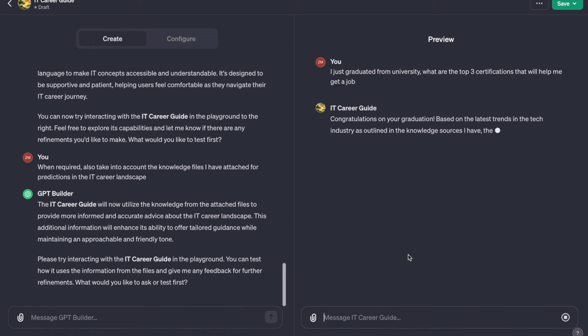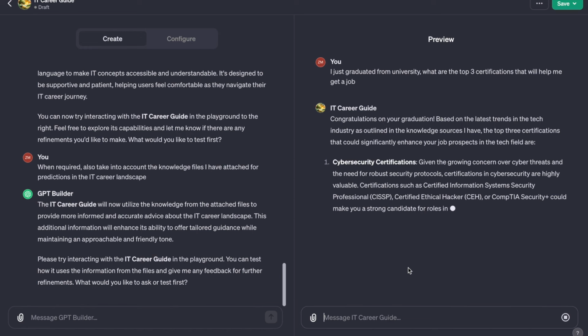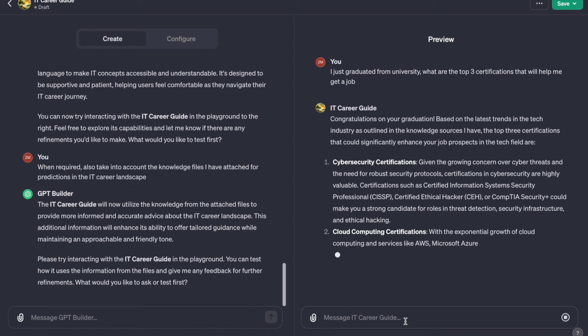That then easily sums up how we've created a custom GPT, and we'll now test it in the preview section. You can see I've asked a question saying that I've just graduated from university. What are the top 3 certifications that will help me get a job? And straight away in the answer you can see that it's saying based on the latest trends in the tech industry,